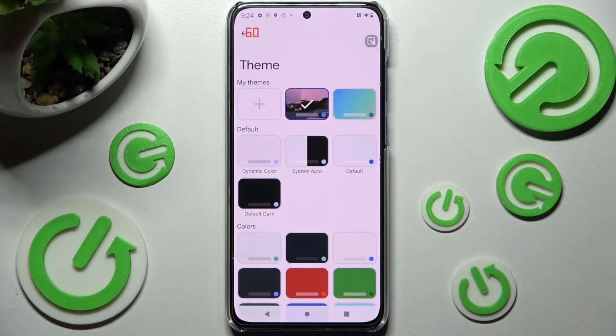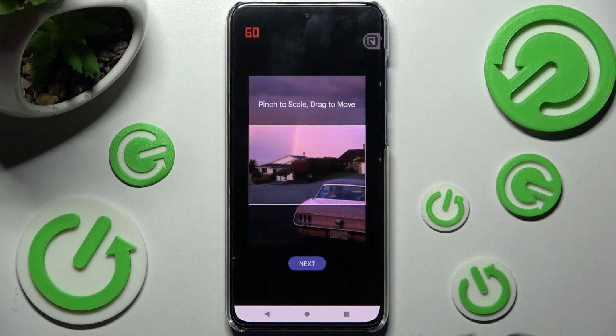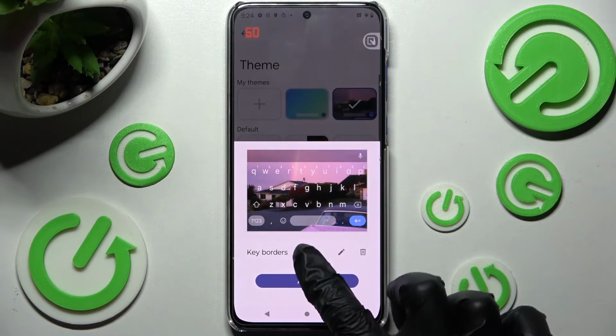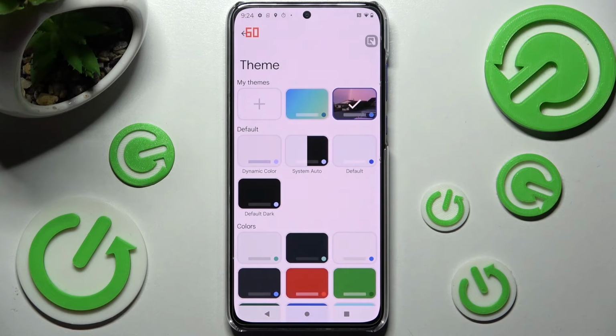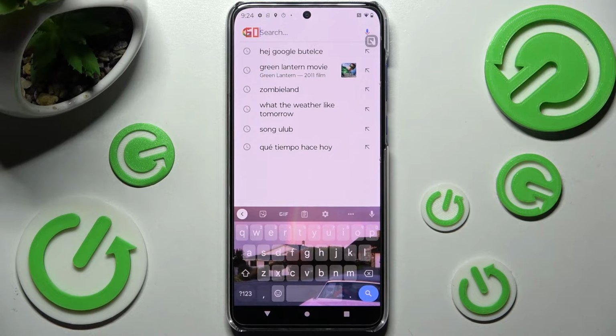If you wish to edit your keyboard, you need to click on it, tap on this pen icon next to Bin 1 and make all your changes. Then select Apply again. When I go back this time, as you can see, the theme of my keyboard was successfully